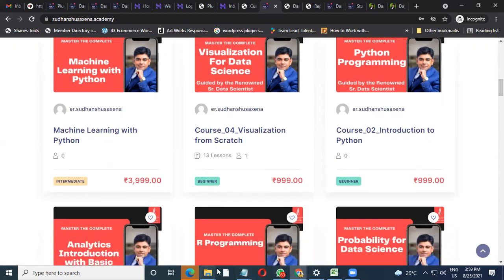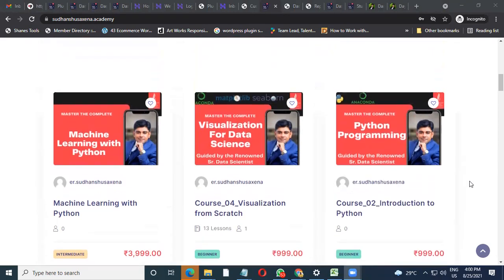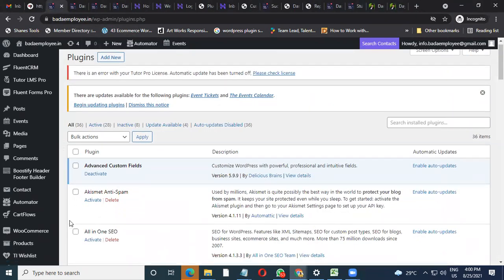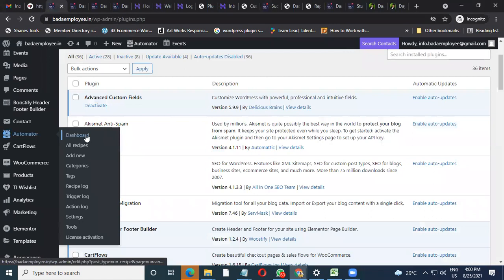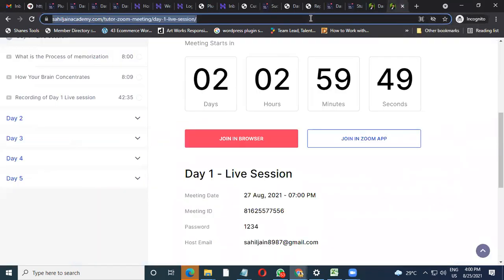Okay. So Manoj, one question. Yes, sir. Suppose I want to bundle 5 or 6 courses in one. So I have to merge them on one platform, or can all 6 be accessed separately by the one student who enrolled as a bundle? So we can do that in Automator. Automator allows you to. I'll open it up. Sahil, open yours here.